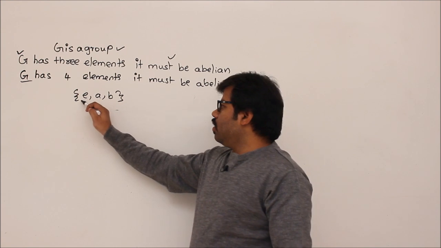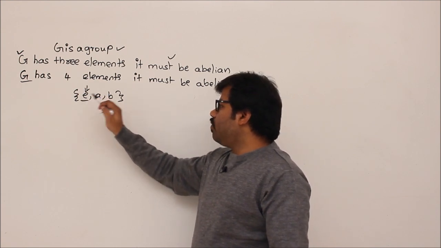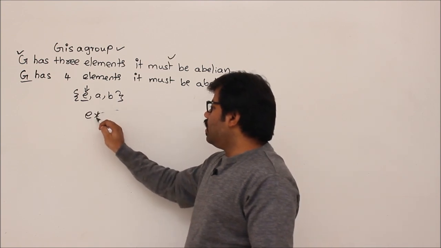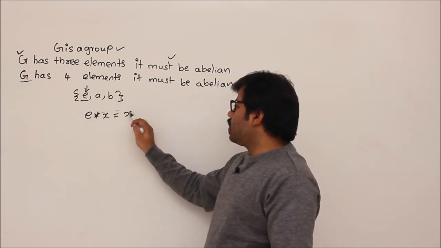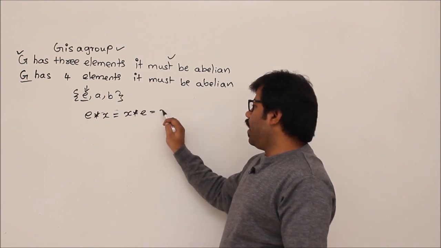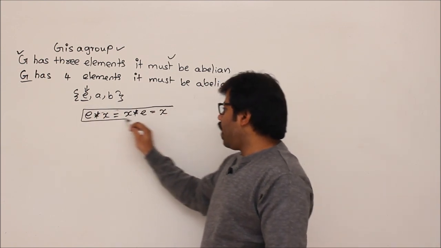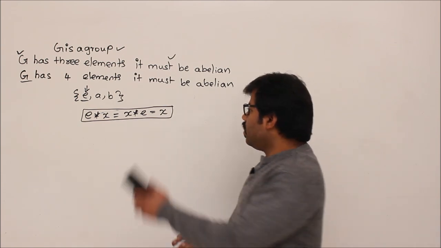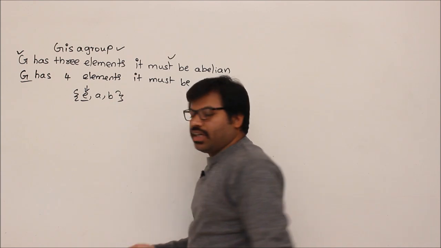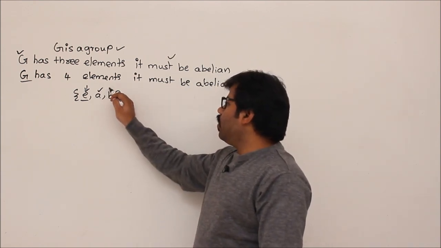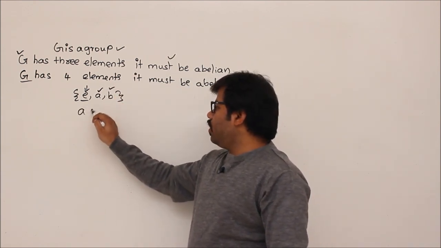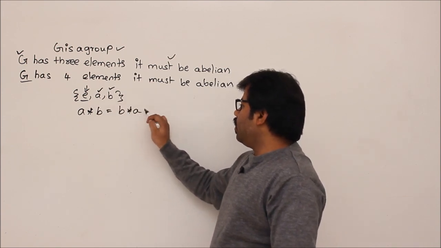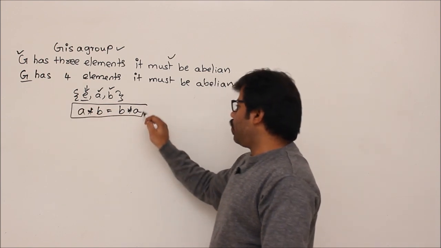And one more thing. I don't need to check a combination versus E and any something. Why, sir? Because obviously E star x equals x star E equals x, correct? That is the definition of identity element. That's why commutative rule need not be checked for identity element. Now what is the other combination? Only A, B. So only check for A star B. So we have to prove that A star B equals B star A. Let us remember it. This is to be proved.